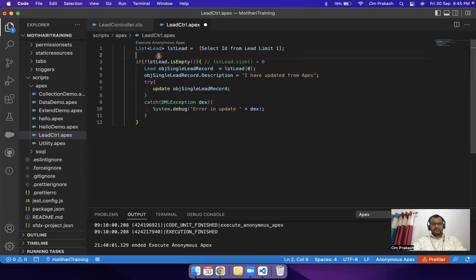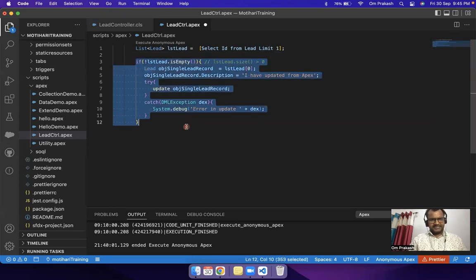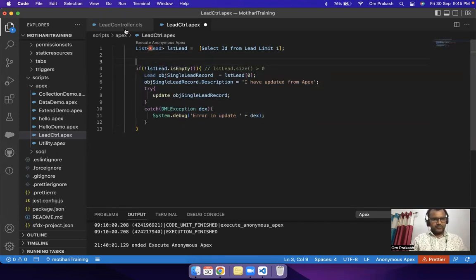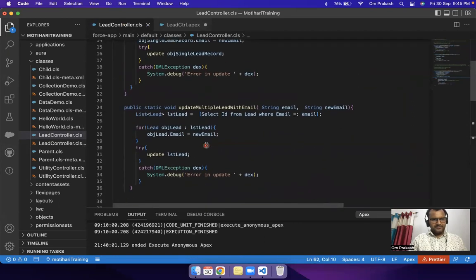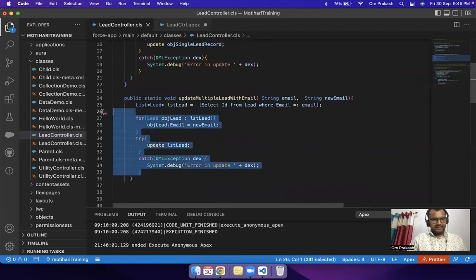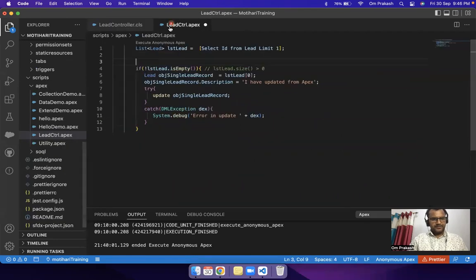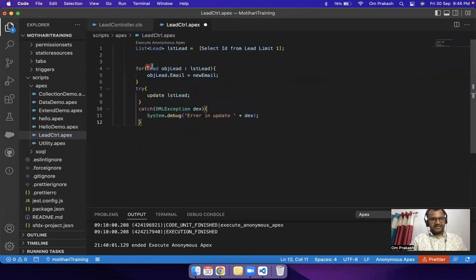Or for a better demo, I can also do one thing. Instead of doing these things, we can write the same code like this. Remember the previous demo with bulk? Let me go with this example. Copy the code, go with the multiple bulk thing. Remember,